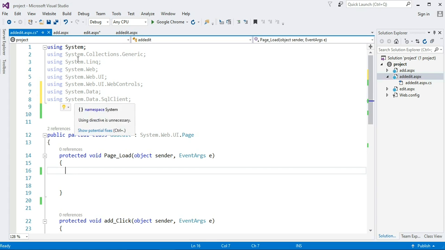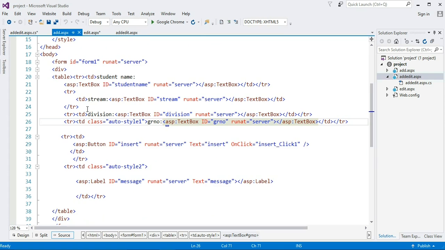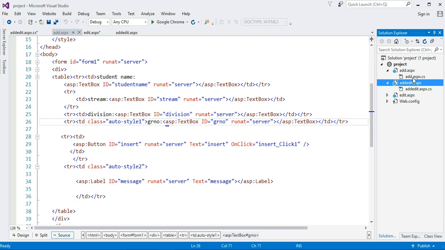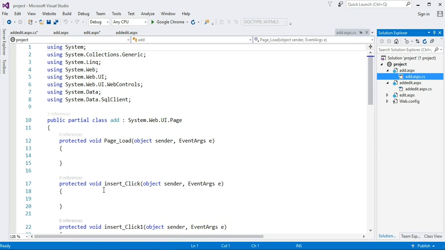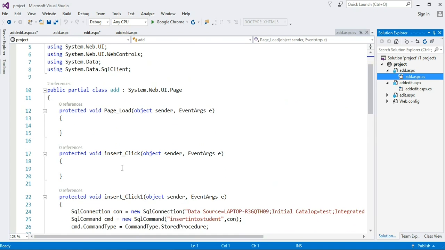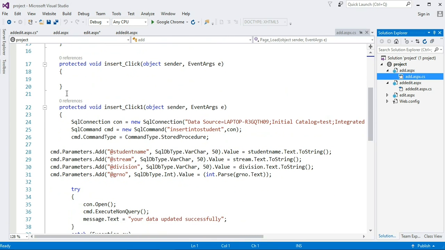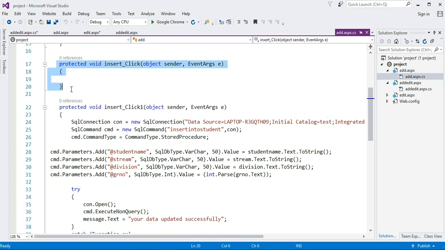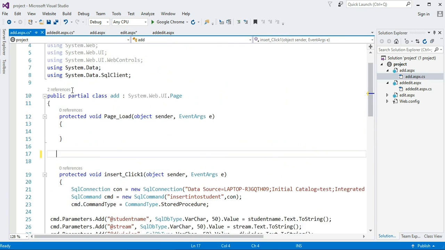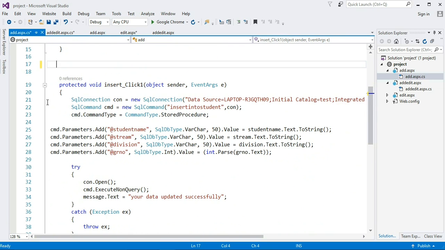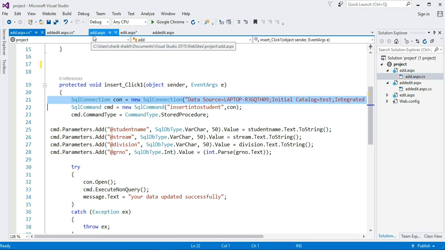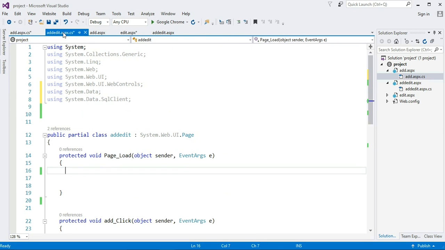I simply copy the connection from the CS of the add page. Okay, go to the add edit page CS.